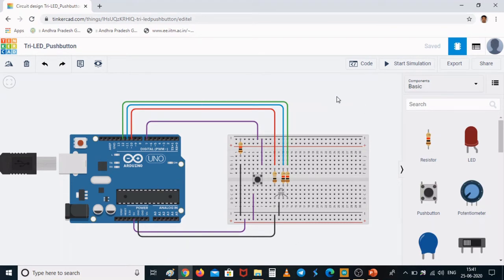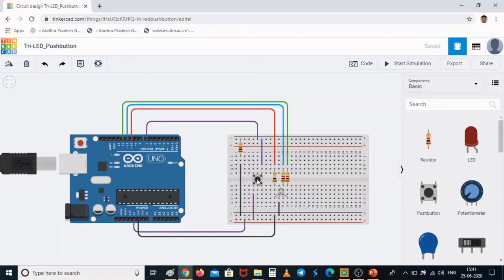They are exactly the same, except that I have brought in a push button. Here in my components, I could see a push button. I brought it here. So this push button has four legs: terminal 2A, terminal 2B, terminal 1B, and terminal 1A. Internally, terminal 1B and terminal 1A are shorted together, and internally terminal 2A and terminal 2B are shorted together.